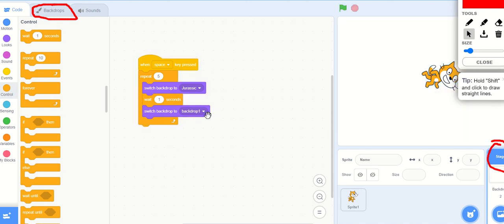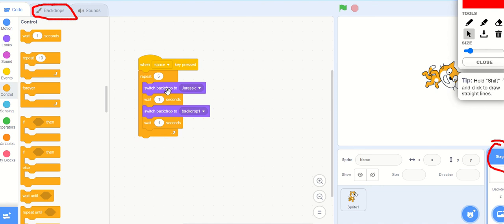As you can see, the backdrop is changing to backdrop 1, but we will not be able to see that. So if we want to see it, again introduce the wait instruction. Now let's start it again. 2, 3, 4, and then 5. So up to 5 times it has changed the backdrop. This is similar to the switch costume instruction that we have used for the sprite also.